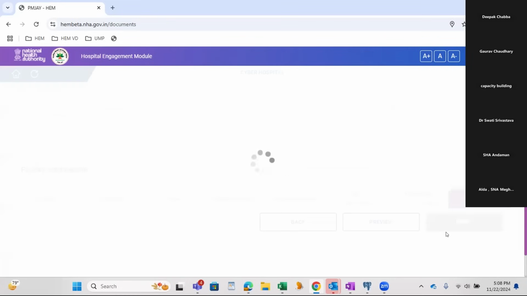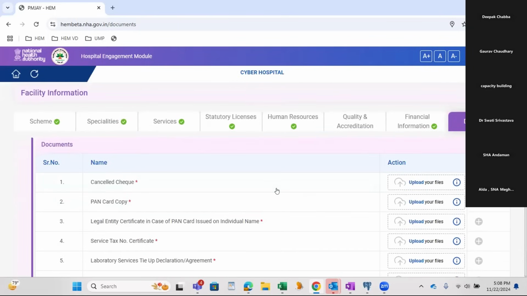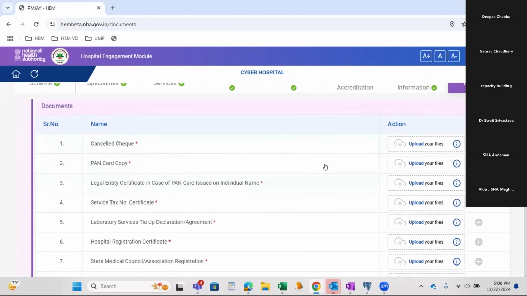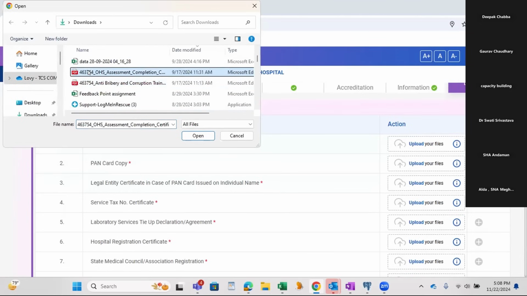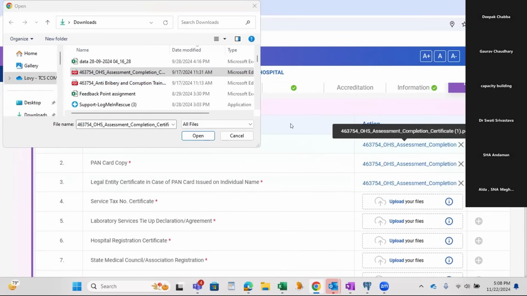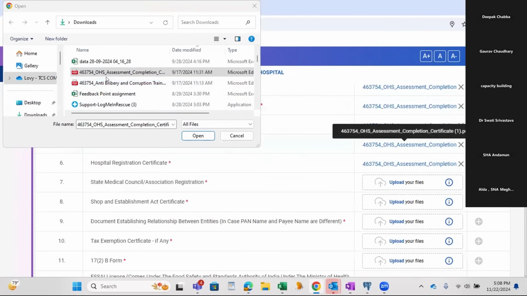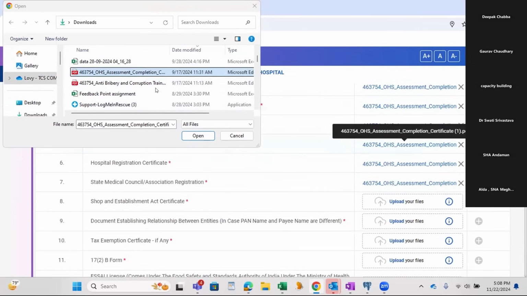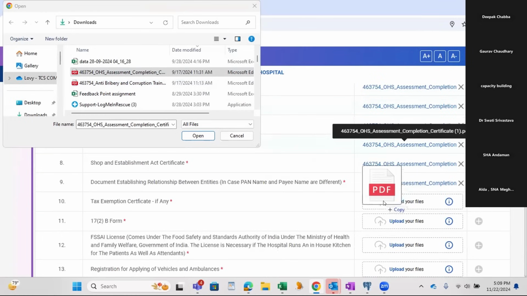Now I'm moving to the next page. This is the last document section where we will upload all the mandatory documents for this hospital. I will drag and drop for now in order to speed up this section. Here are all the mandatory documents which we require while filling the form or before empanelment submit.